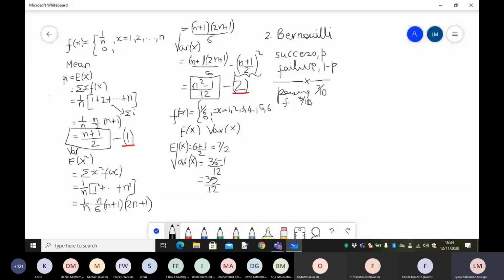Definition of the Bernoulli distribution. Definition: a random variable X has a Bernoulli distribution with parameter p if its PMF is of the form,